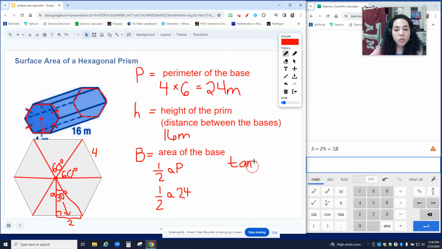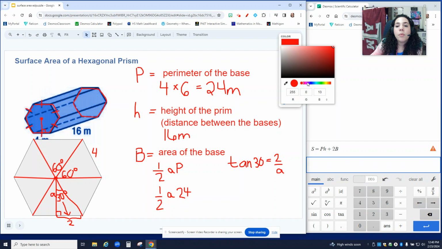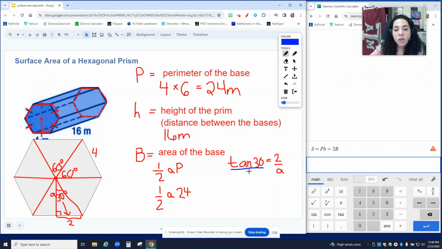Tangent of the 30-degree angle is equal to the opposite side of 2 over the apothem. And then we're going to go through the process that we would use to find the value of A. A is in the denominator. We could do the reciprocal of both sides, which is 1 over tangent of 30 is equal to A over